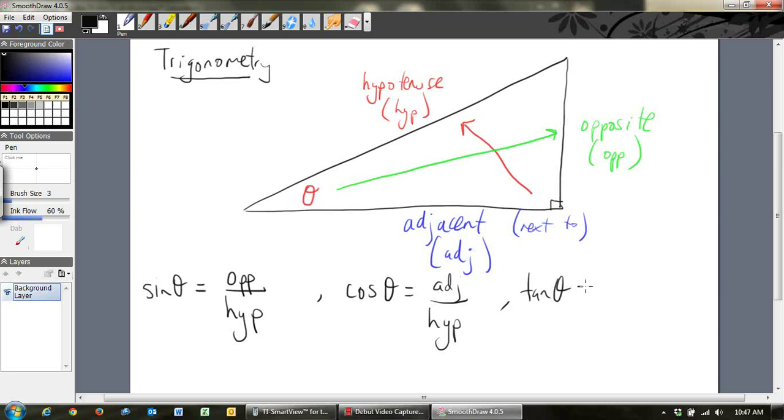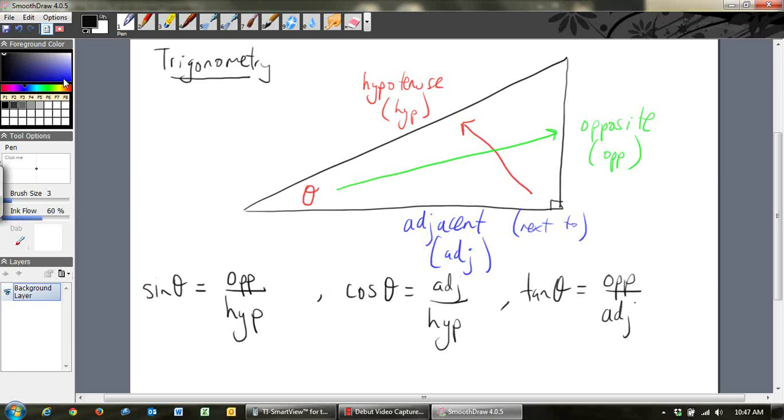Lastly, the last one is called tan theta. And you've probably seen these three buttons on your calculator. I always wondered what they were. Tan theta is the ratio of this side over here, this vertical side, and this horizontal side here. And so it's equal to opposite over